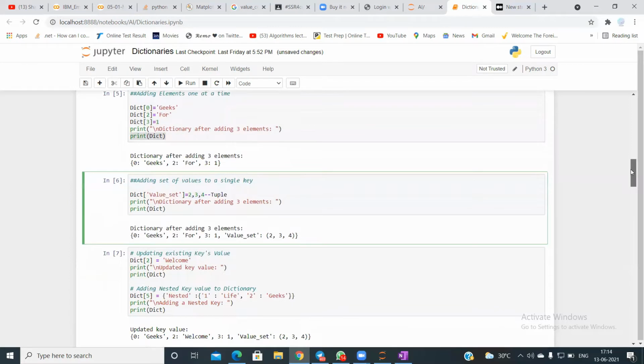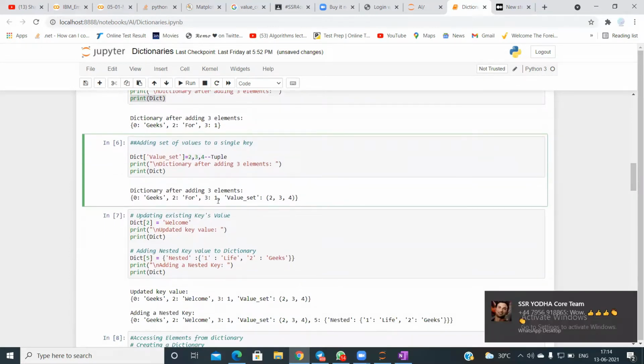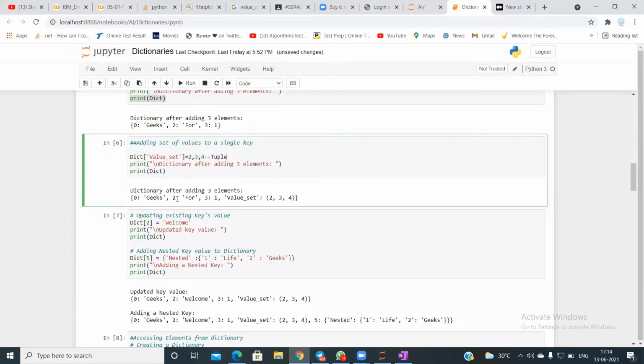Suppose I have this, and I would like to change the value for the second key, the key 2.